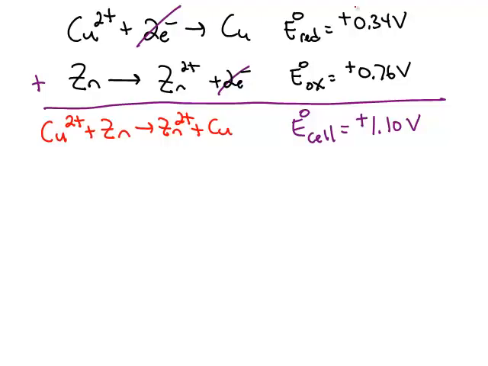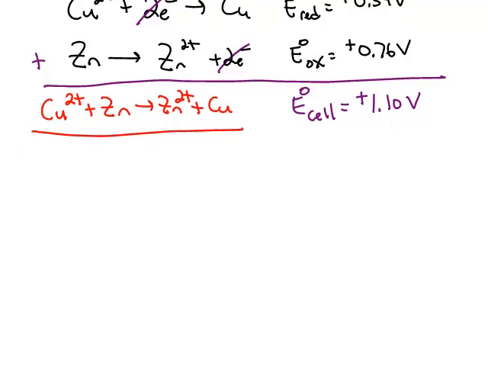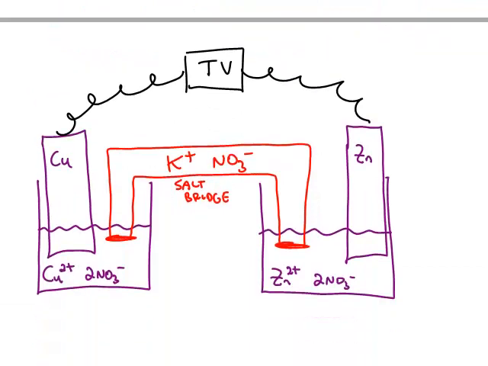Now that we have our spontaneous reaction, we want to be able to sketch out the battery and label all the components in a battery. So all of the chemicals that are part of this overall reaction are going to be needed to make a battery. And what I have here is